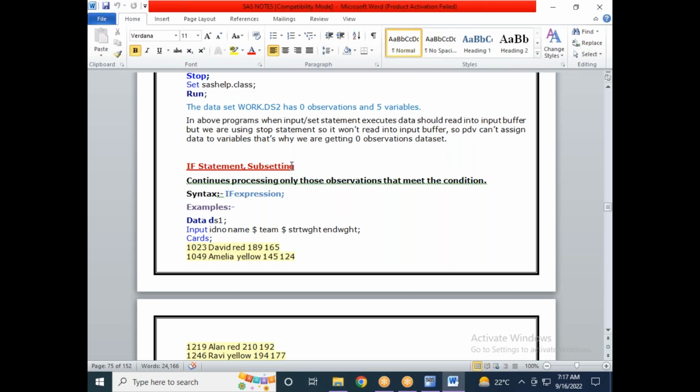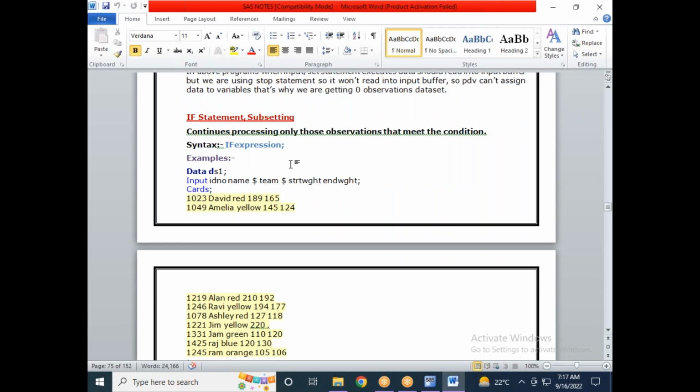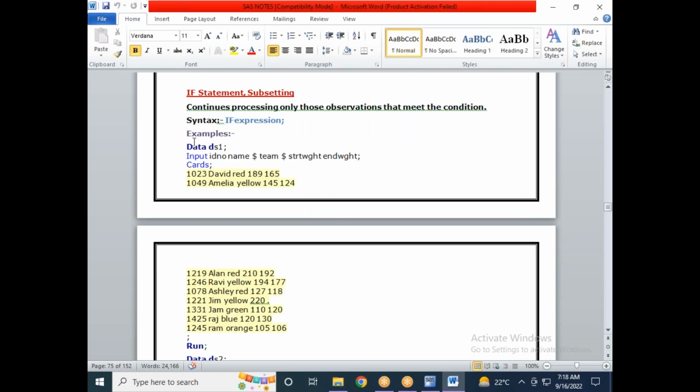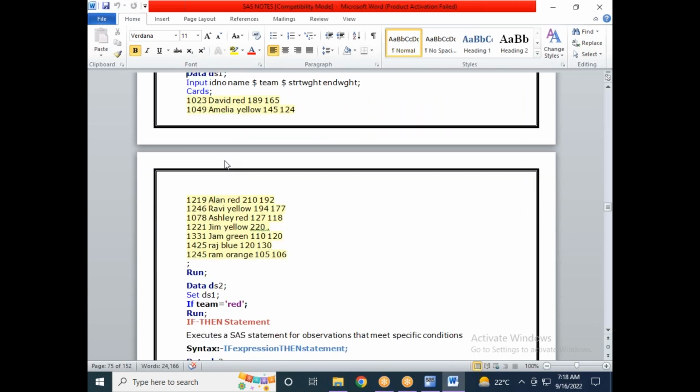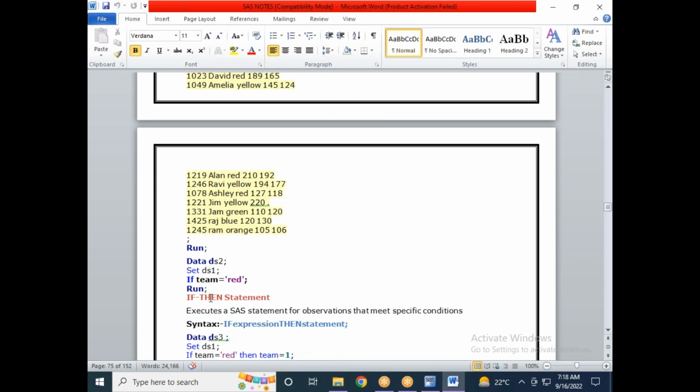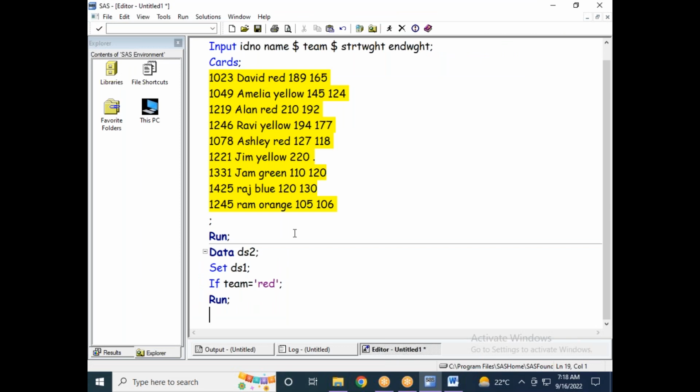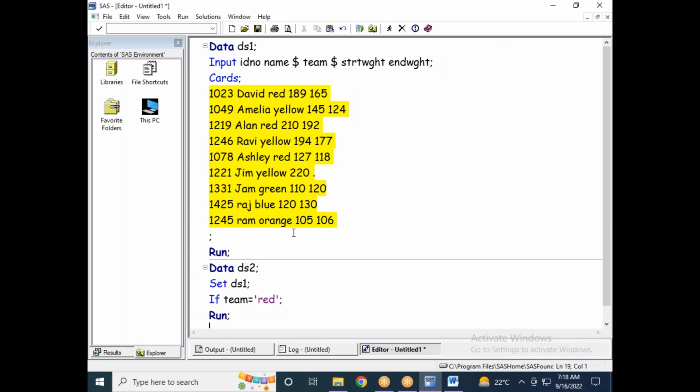So now I have a data set DS1, input ID number, name, team, start weight, end weight. So you can see this is your data set DS1. So if team is equal to red,